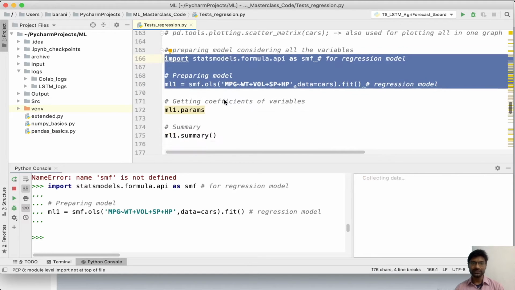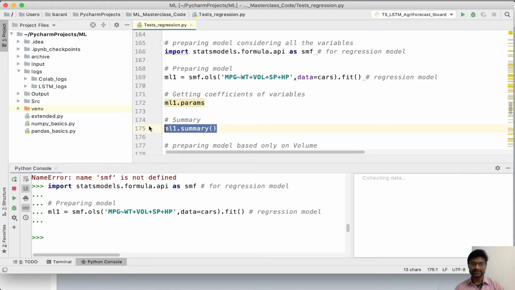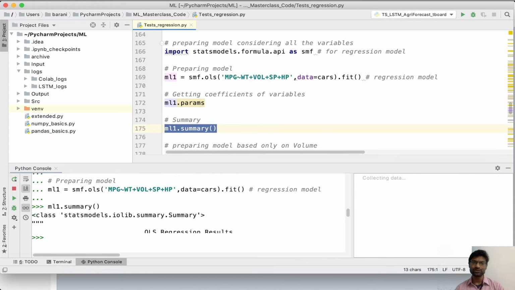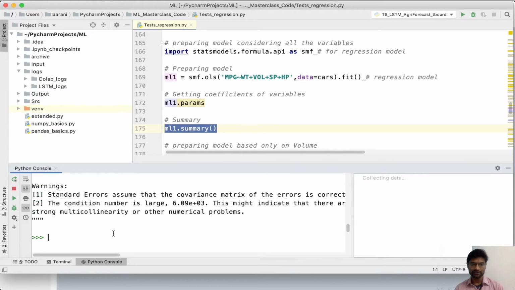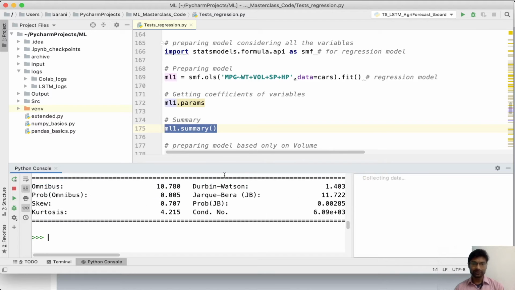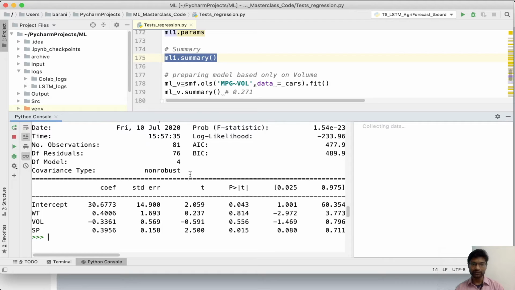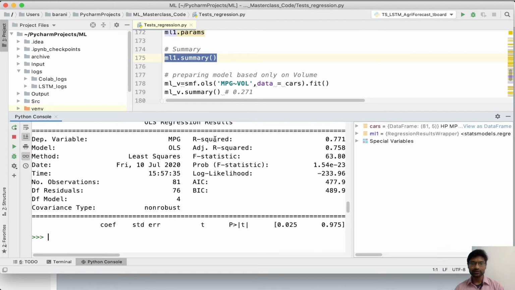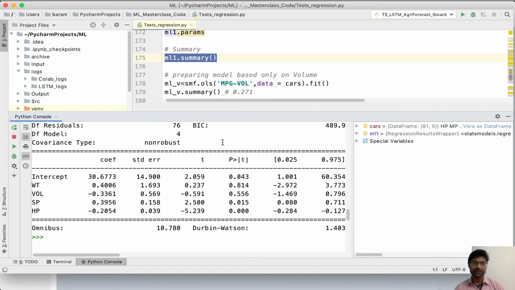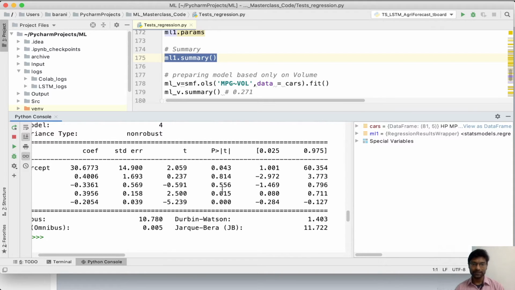Once the model is built, we can check the summary values. Params is optional because all these are included in the summary itself. So in the summary, as we have seen before, two parameters are to be read. One is the R squared. We read this and make a note to ourselves, that is 0.75. This is the R squared value, and the p value of each and every feature.